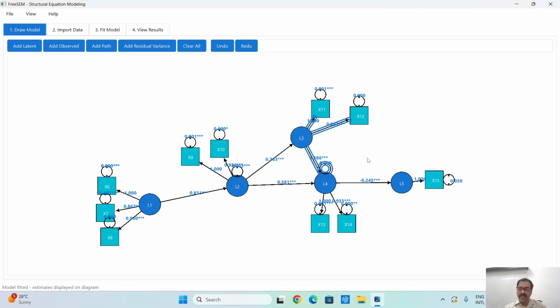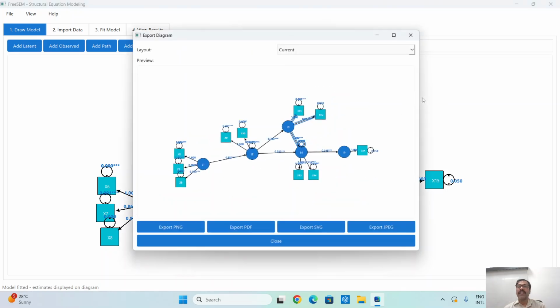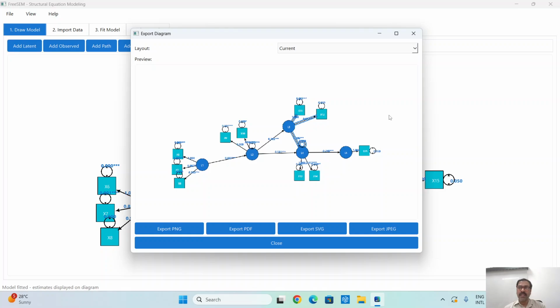Now you'll come back to the main window where the model diagram was. Earlier it was empty. Now it is pre-filled. It fills up all the estimates with their respective significance notations. You see, you can right click and use this right click context menu,